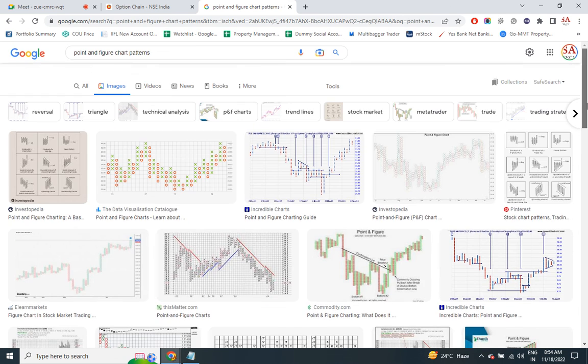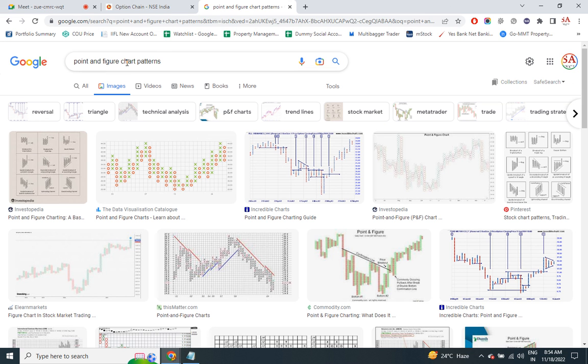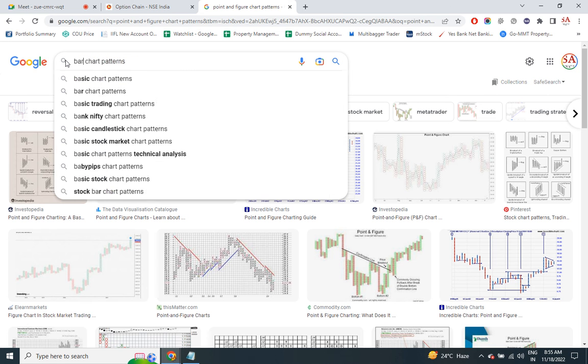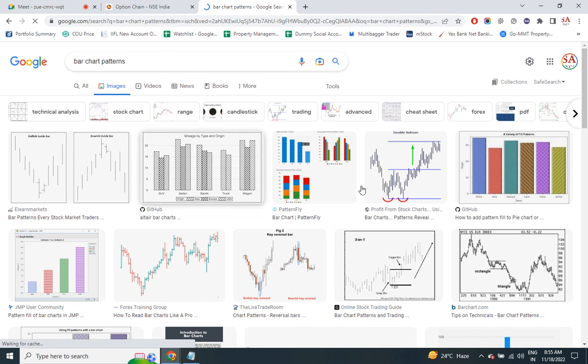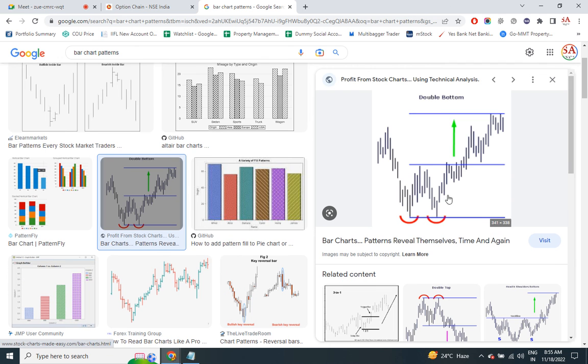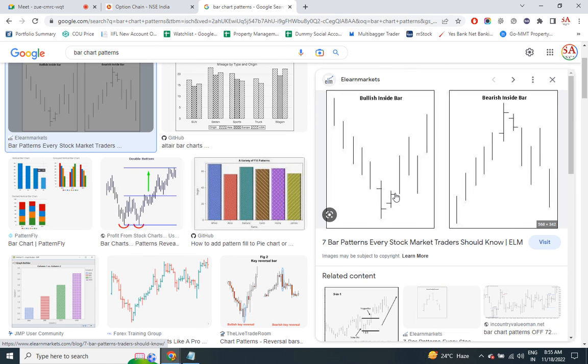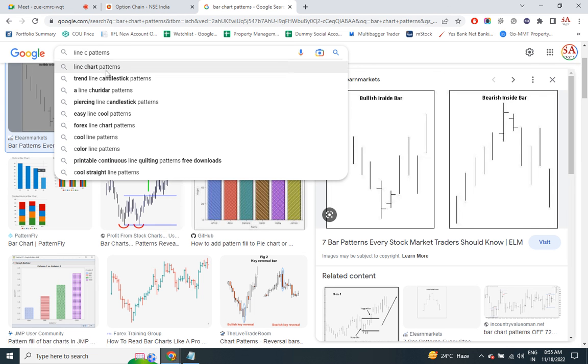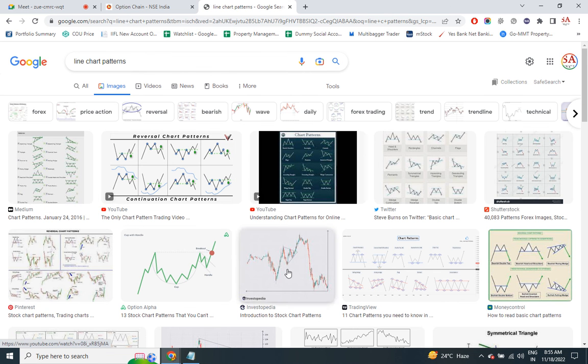Then you have the bar chart. Bar chart looks similar to candlestick, but the body is a single line like this. This is a pure bar chart. This kind of marking will be done along with the lines. Then you have the regular line charts. This is hopeless. You won't understand anything with these lines. I'll tell you the drawback of the line chart and the advantage of the candlestick when we begin with the chart patterns in tomorrow's session.